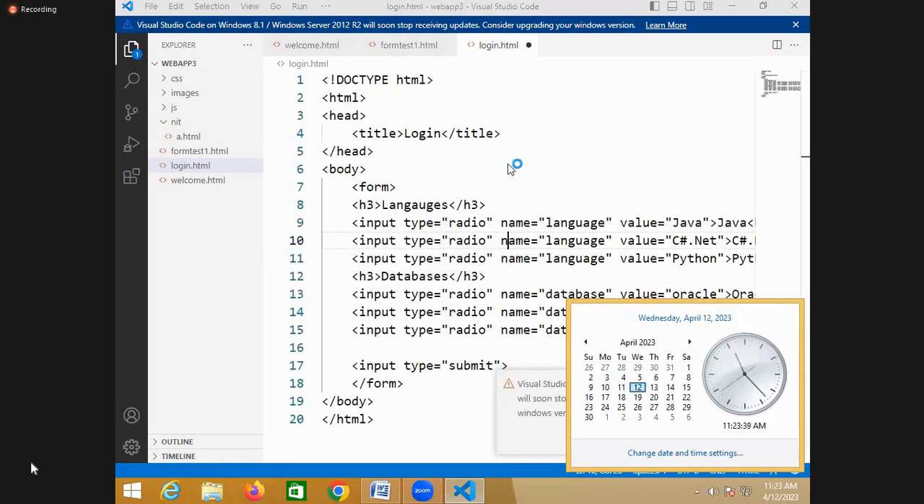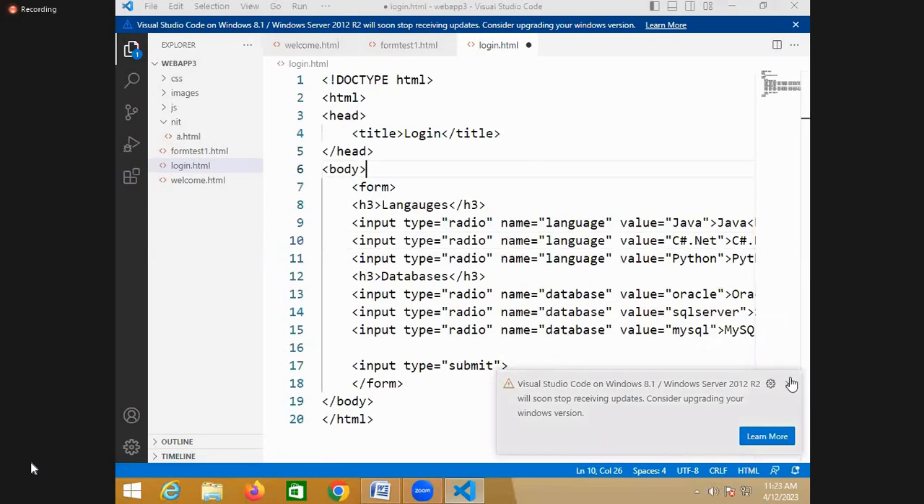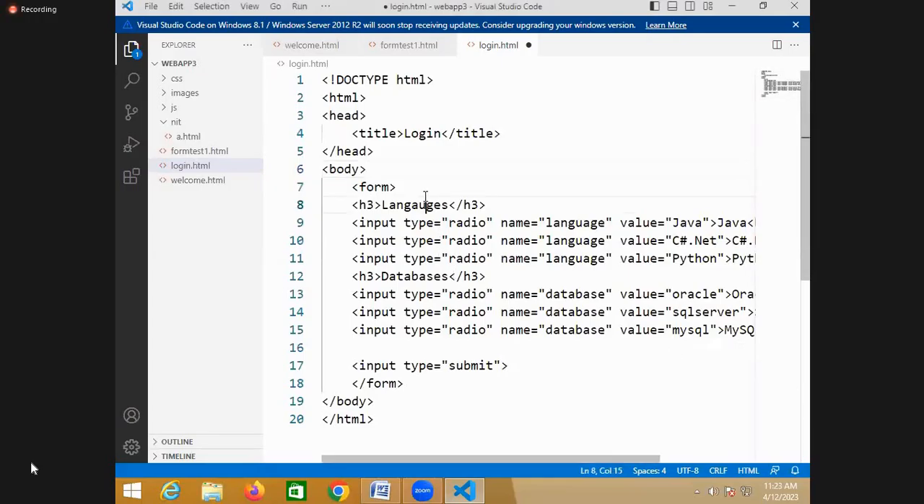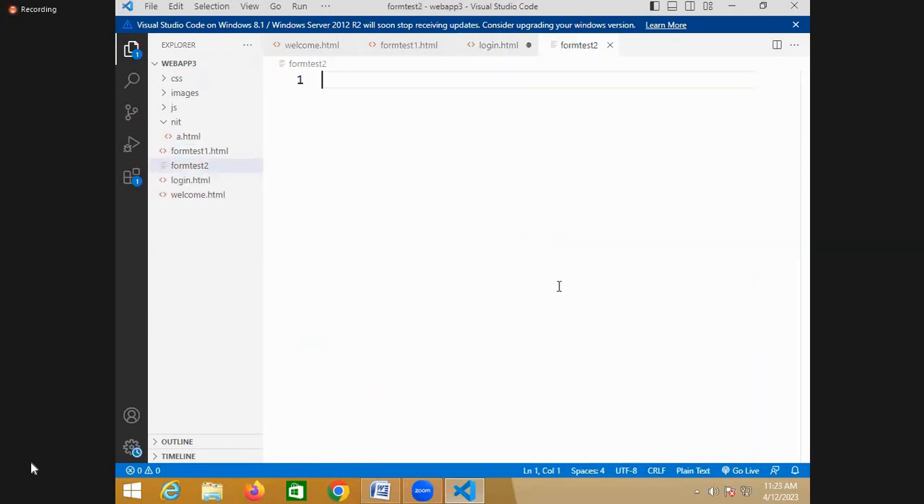In the same way, if you are selecting the input type equal to date, it will create one date picker where you can type the date or you can pick the date. Now just use